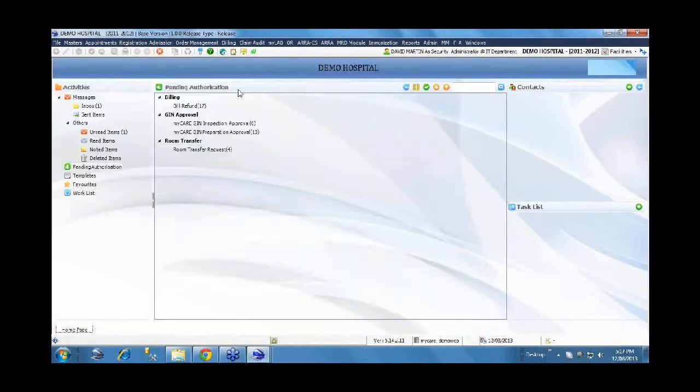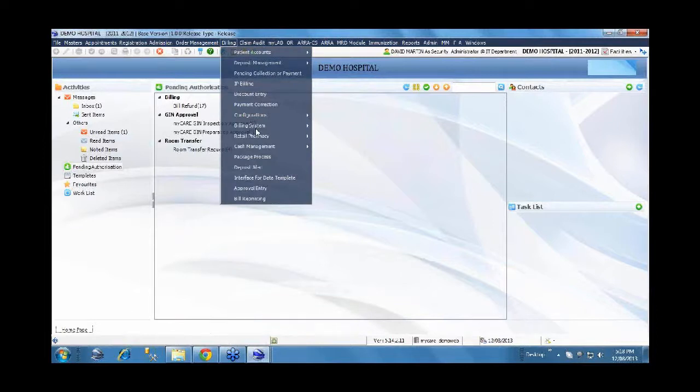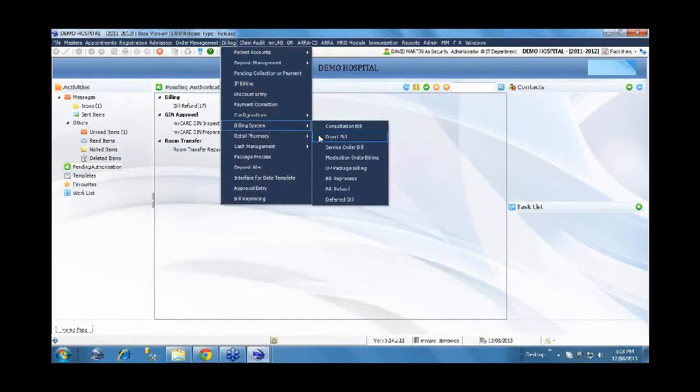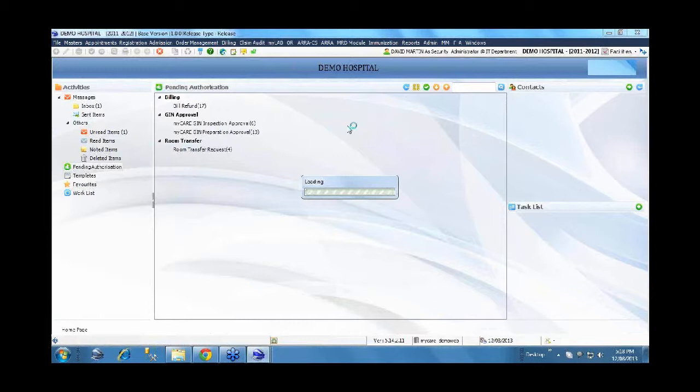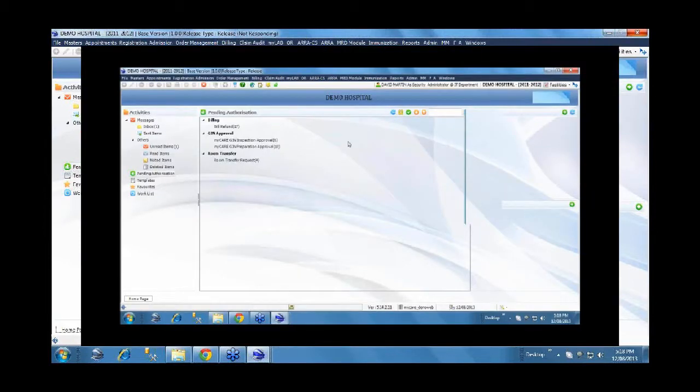There is an option called bill reprocess, wherein we can choose the same bill which has been generated already, but now there is a change in status. One of the services which was requiring approval before, we have got an approval for now. If you regenerate the same bill, the system will automatically cancel the original bill and generate a new bill with the current status.